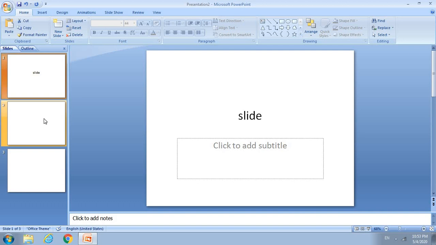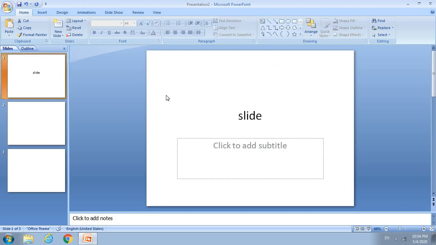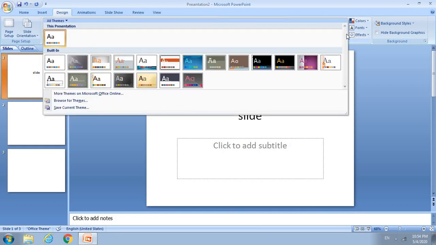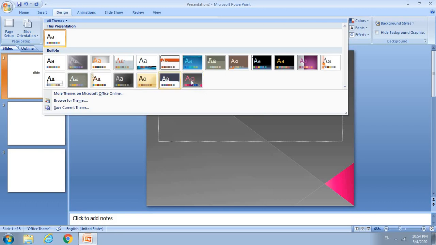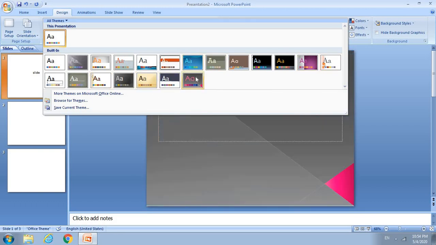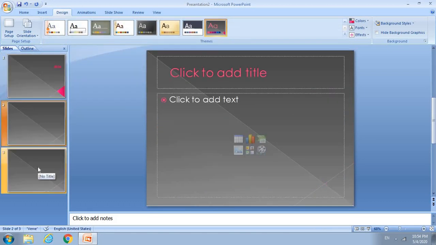As you can see here, these are all white and blank slides which look quite boring. I want to color them, I want to make them look attractive. So how can I do that? Here I'll click on the design tab, then in that tab there's a group called themes. Here you can see there are a lot of themes which you can use to customize your presentation, your slides. Here you can use any of these. I'm going to go with this one. Yeah, this is how it looks now. It looks good to me now since it's not white.